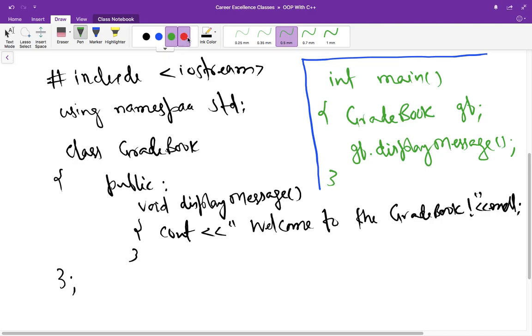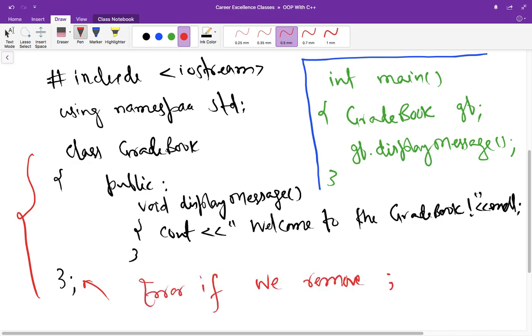So you can see we are writing a class definition here and it always ends with a semicolon. If you don't write this semicolon, that will be an error. This class starts with the keyword class, which is all in small letters, and it is followed by a class name which generally starts with a capital letter, and subsequent words are also capitalized.